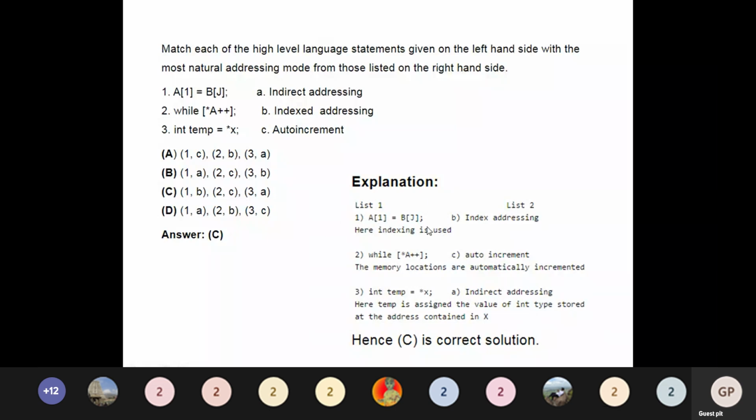Here it is an array, and indexing is used, so it is indexed addressing mode. In auto increment, the memory locations are automatically incremented in this step.